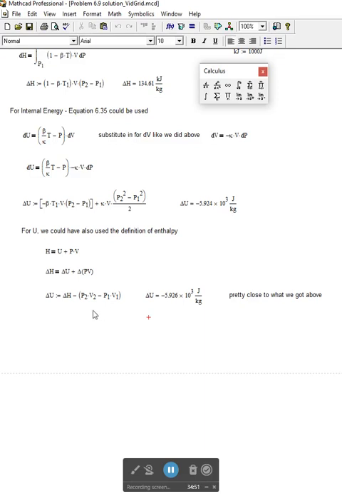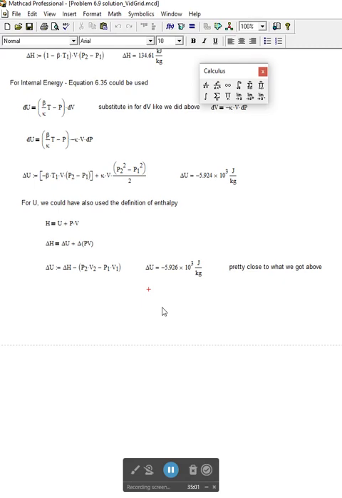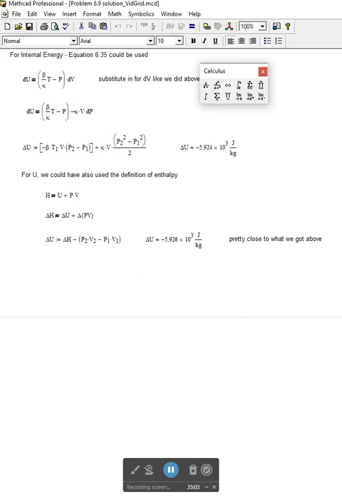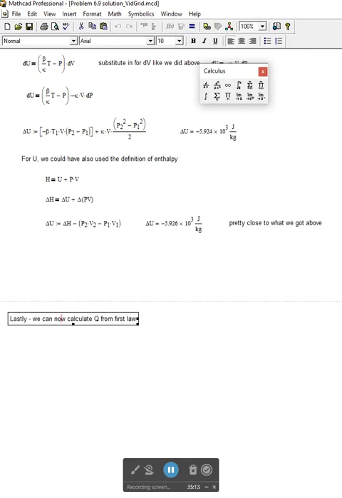So assuming that original equation of state was accurate, and beta and kappa are constant over this range, then maybe this value is a little more accurate. But again, we're dealing with equations of state, and so there's probably a little bit of error along with everything. So now the last thing we can do is calculate Q,